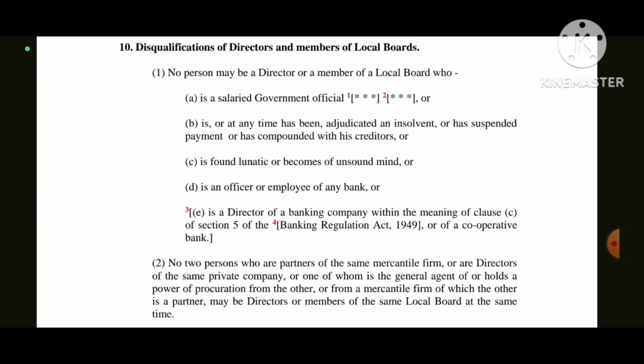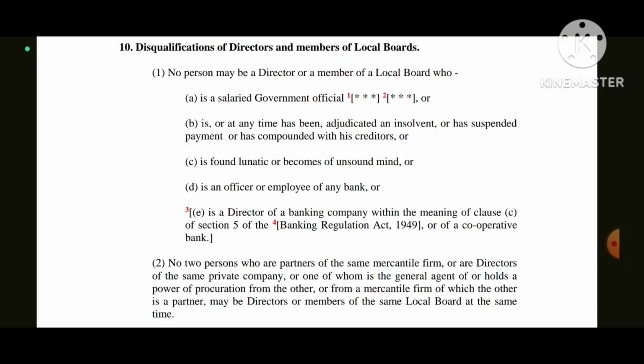Now in section 10, under subsection 1, no person may be a director or a member of local board who is a salaried government official. We are talking about the member of local board. So a salaried government official cannot be a member of local board,